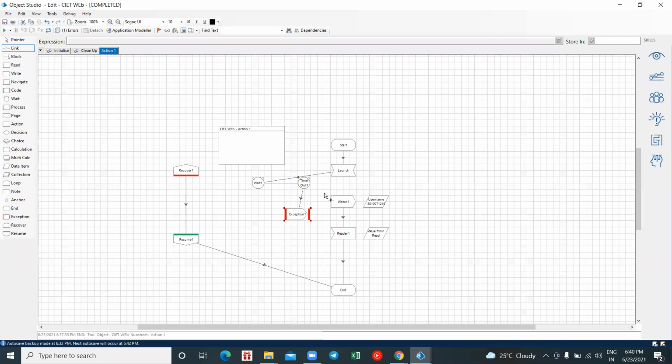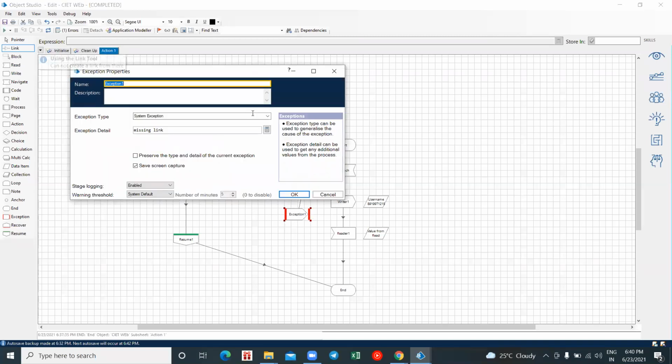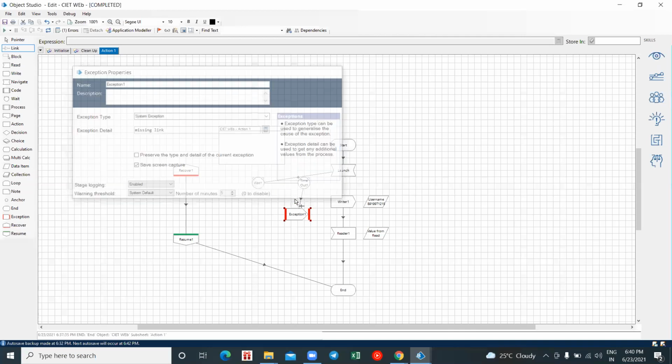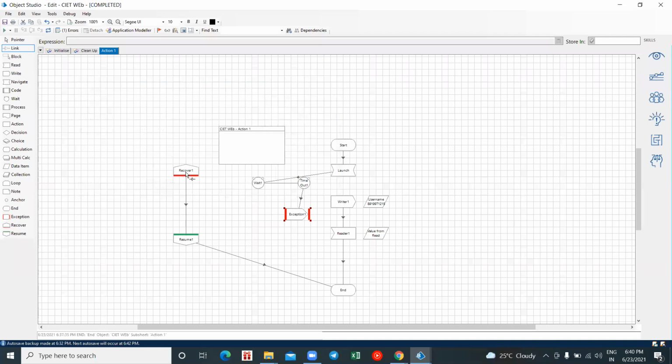But when you go with real-time bots, we create sub flows, we'll have bigger flows where we cannot identify easily, right? That's the reason we give these details of exceptions, and whenever this exception occurs, we'll get a log. In our logs we are able to see which type of exception it is and what is the exception reason for it. Okay, now is it clear why we use recovery and resume stage and your exception stages?